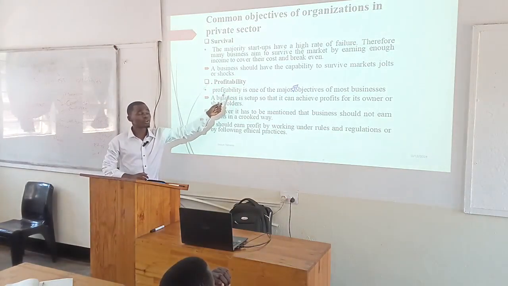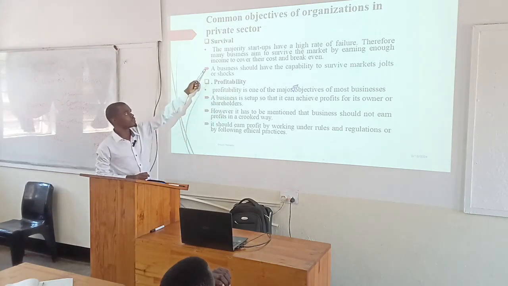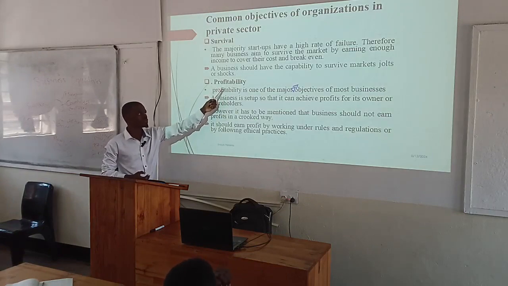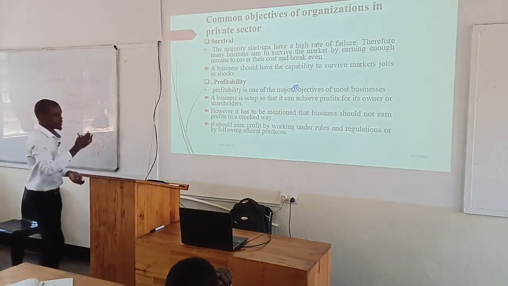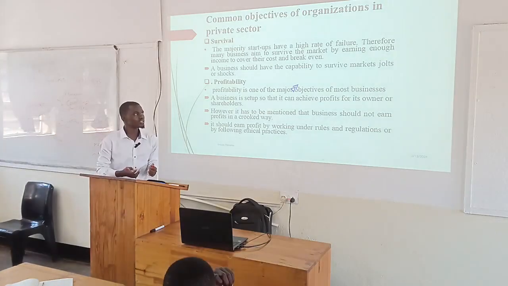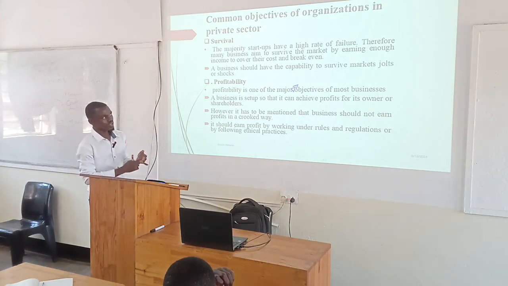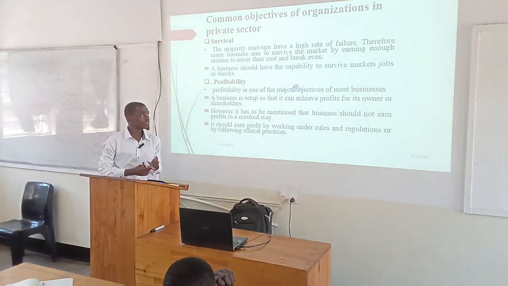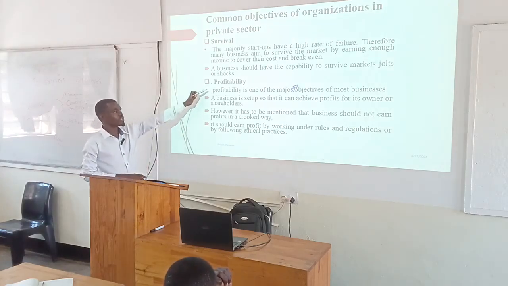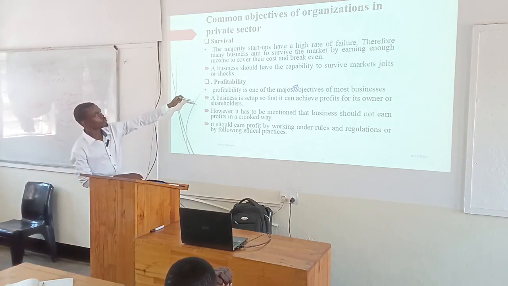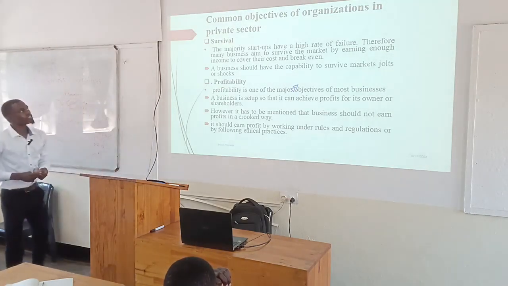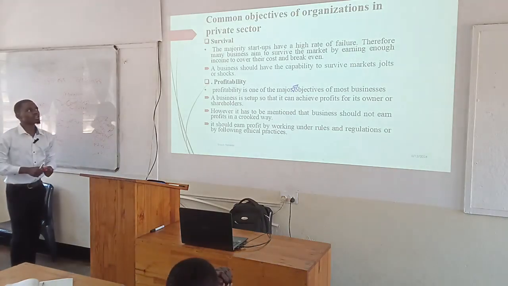At this level, the organization is switching from survival to profitability. Now we have to be making profits. Now we can survive, we can pay our employees, we can pay our taxes, we can pay the suppliers. If we have bought products on credit, we can pay for them. We are surviving. So what should be done next? We have to be earning profits. Profit making or profit earning becomes another major goal of all organizations in the private sector.